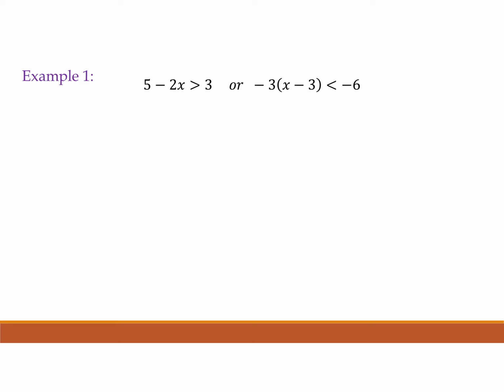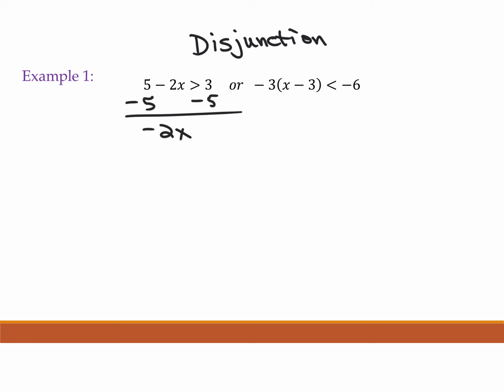All right, so we're going to solve this disjunction. This is a disjunction because it has the word "or." And we know that the solutions only have to satisfy one of those 2 inequalities. So we are going to subtract 5, divide by negative 2, and when we divide by a negative, we have to flip that inequality symbol,